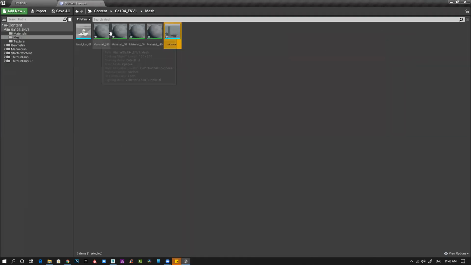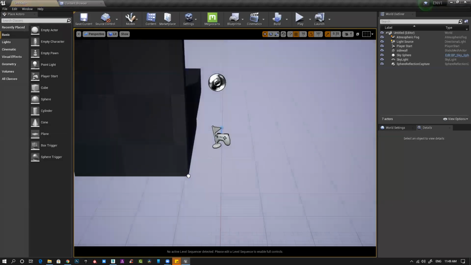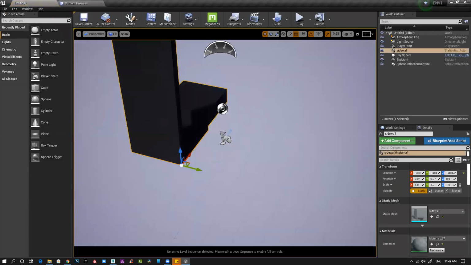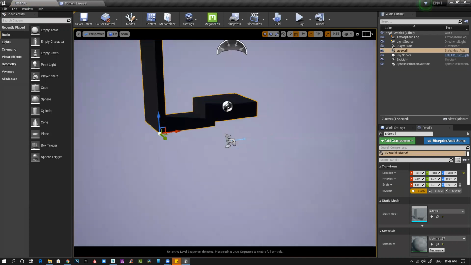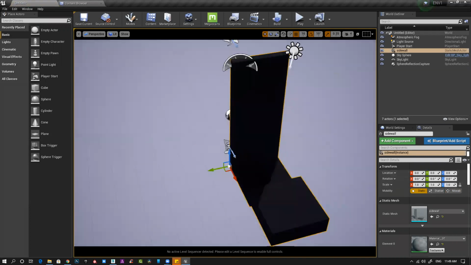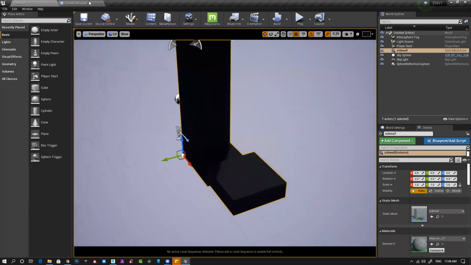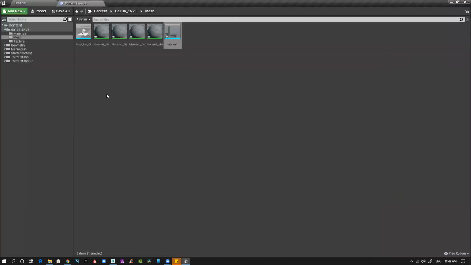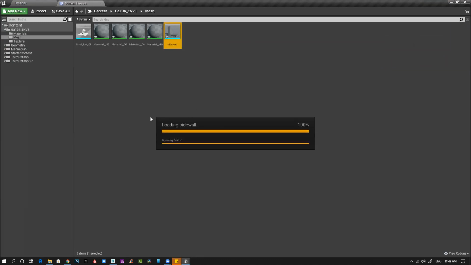So this is imported and I got multiple materials here. Just drag and drop it here. So I got this thing here. Very easy. Location making 000 so that I can tile it according to my requirement. So let's do it really quickly. I need to texture this. I have created four materials for this, so I need four different textures for this.